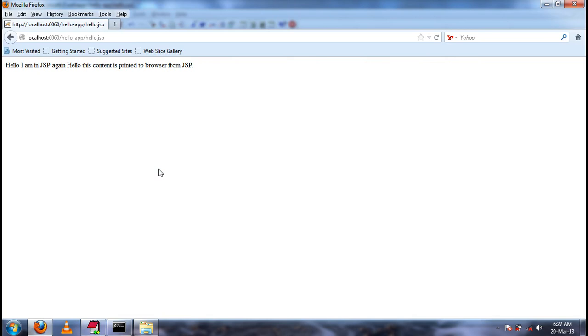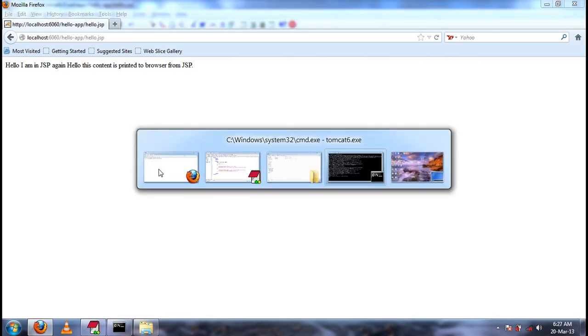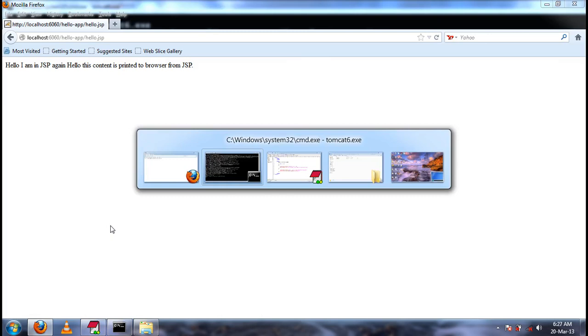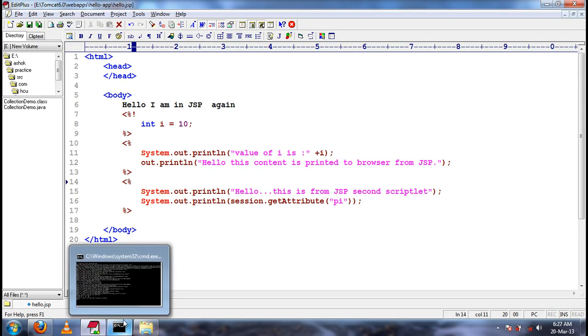Okay, now this is properly arranged. And if you see the console, the value of i is 10. It's properly printed. And if you see the generated servlet code,